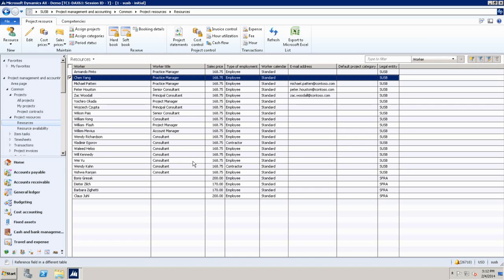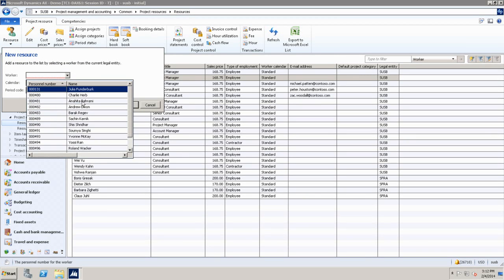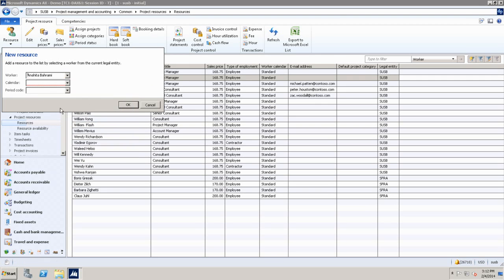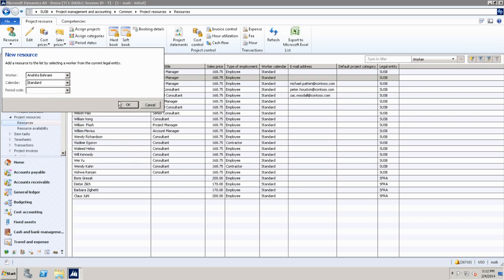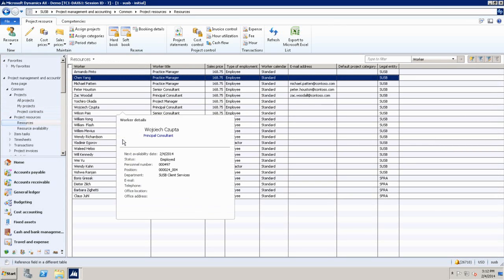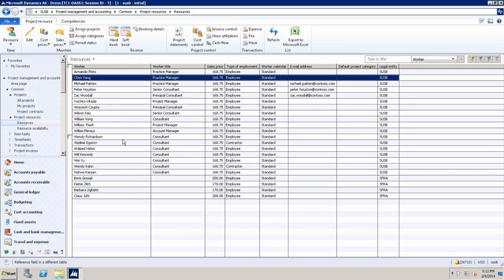We also talked about the fact that you can add new resources here, right? That is the other feature that we added in R3. Here I can go and say, okay, I want, for example, Anahita to be here. And I really don't know whether Anahita is here or not. I can set her calendar, and then I can add her. Right away, I have a resource, right? You don't need to go to the human resources module, find the worker, and then add the calendar. So it's empowering the resource managers or service industry organizations to make the right calls to grab resources that they need and then assign them on projects.